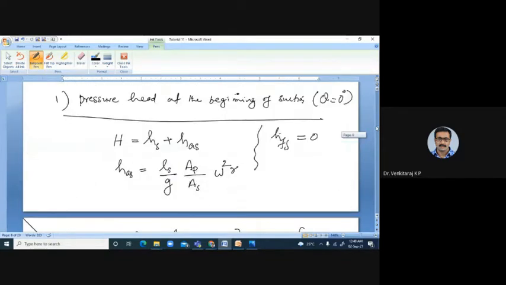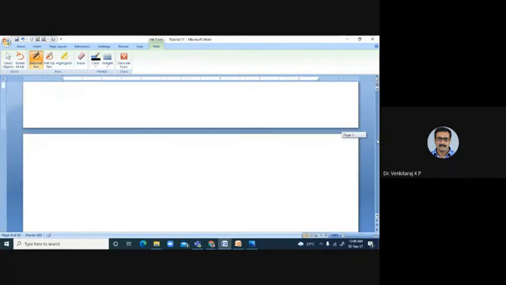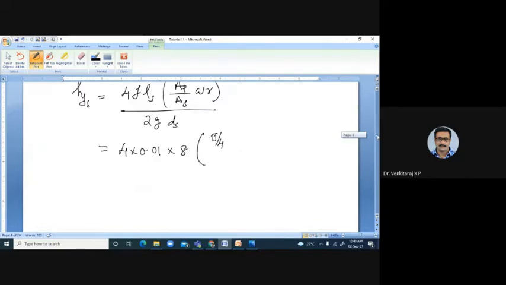Diameter value 200 it is. 5 by 4 into 0.2 square by suction pipe area is 5 by 4 into 0.1 square into omega,